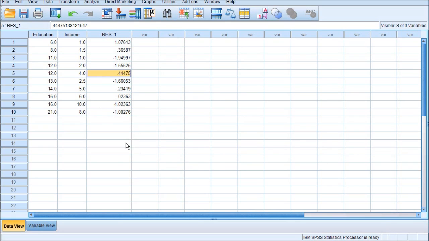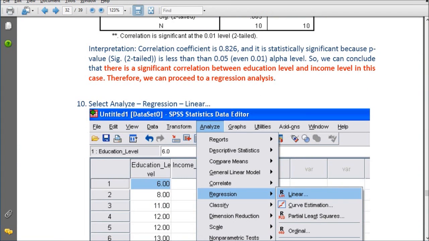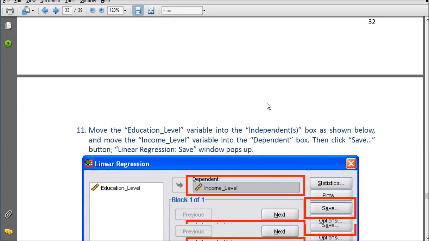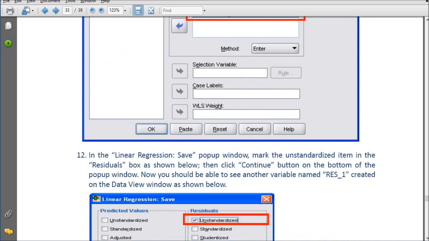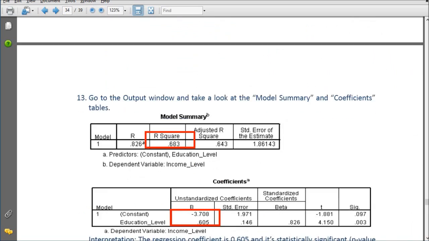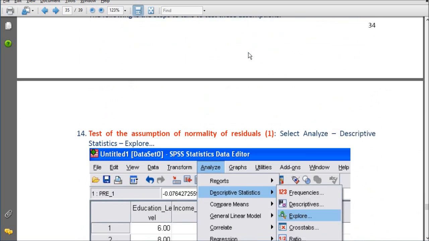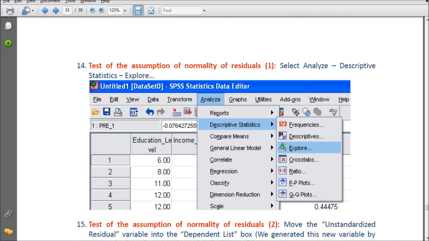Test of normality of errors. The SPSS instructions for this are from step 14. Where is it? Here. Test of assumption of normality of residuals, or normality of estimation errors.